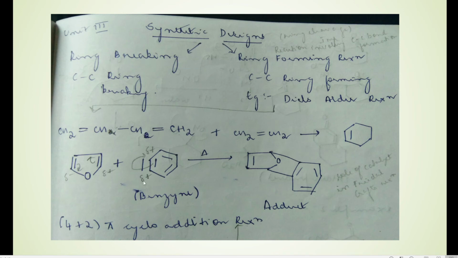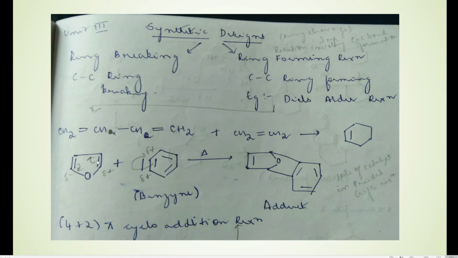with benzene. So here you can see there's a small correction. This bond shifts onto this carbon. See, this double bond is there, no? It will shift onto this carbon. So this carbon actually has to get a partial negative charge because the bond electrons are shifting onto it. So please do this correction. There is a partial negative charge on this carbon, and this carbon will get a partial